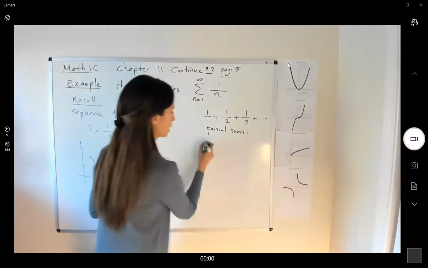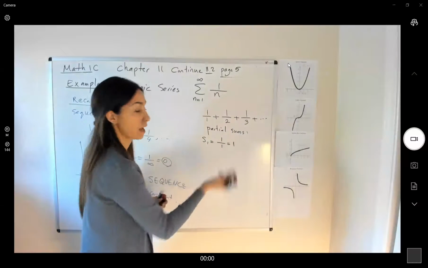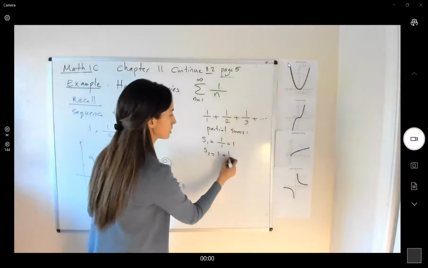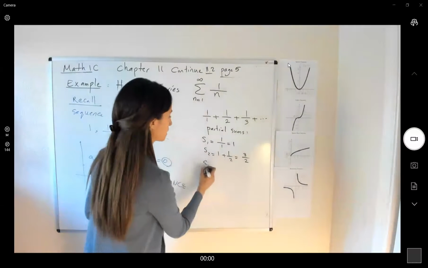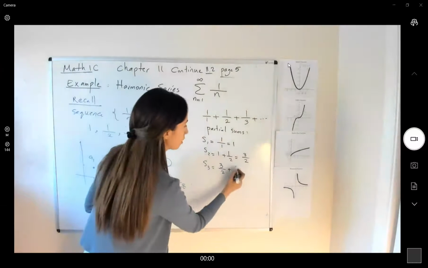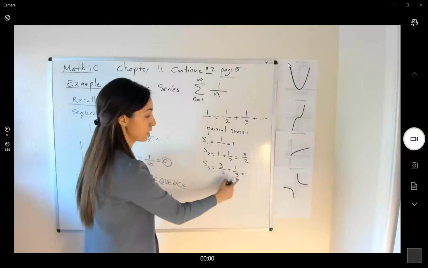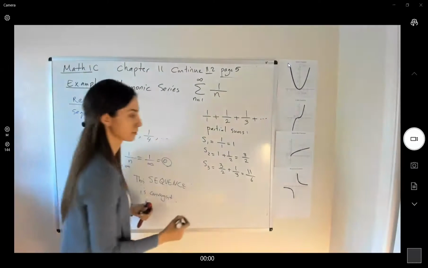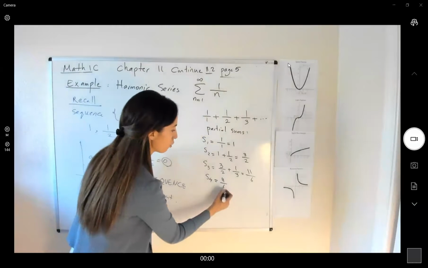Partial sums. S sub 1 is 1 over 1, or 1. S sub 2 is 1 plus a half, which is 3 halves. S sub 3 is S2 plus a third, 3 halves plus a third. If you take a common denominator between these two, it's going to be 6, and we get 11 over 6. Okay, take a look at this. S4 is 11 over 6